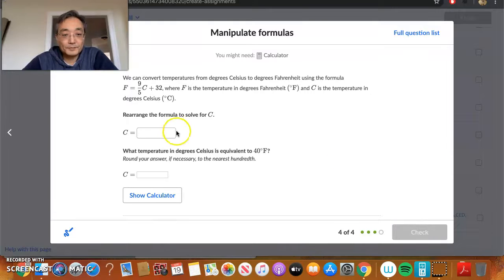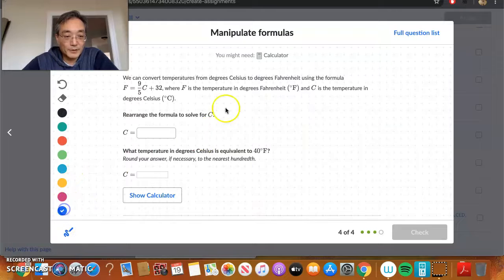And let's do one more. Okay, this looks very similar, right, to the other one. So again, let's work this out. Let me see if I can write directly on here. Hopefully, there's not too much of a lag. So we're going to subtract. They want the formula in terms of C. So we have to subtract first 32. So F minus 32